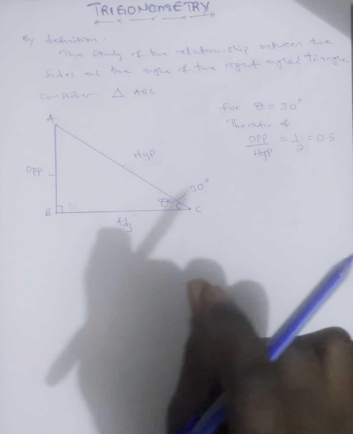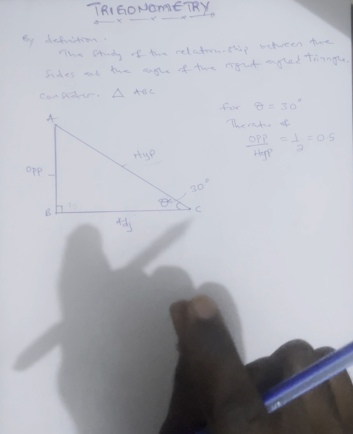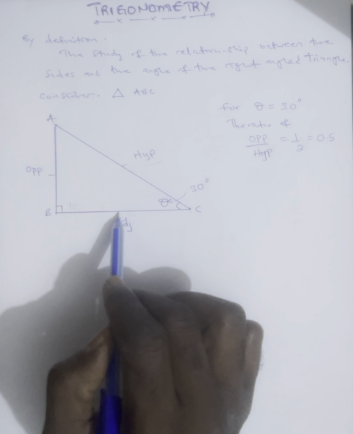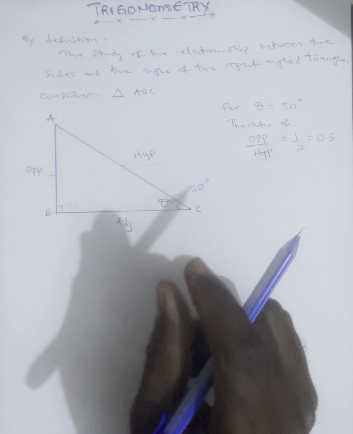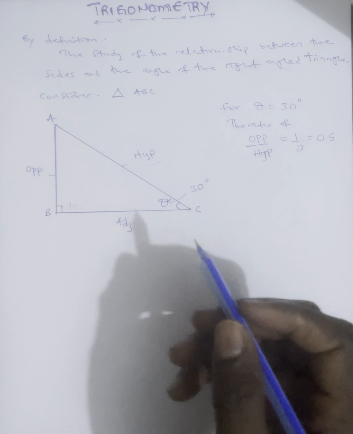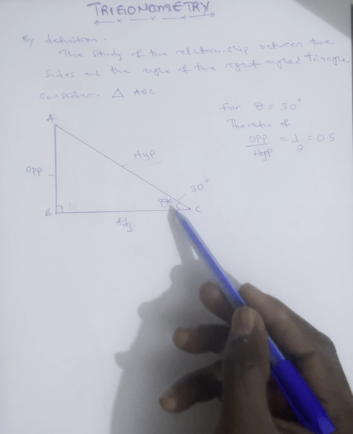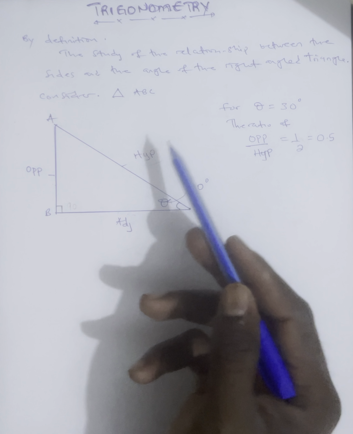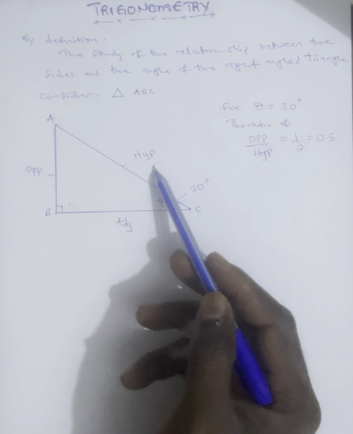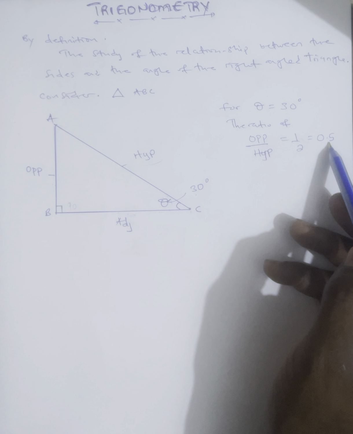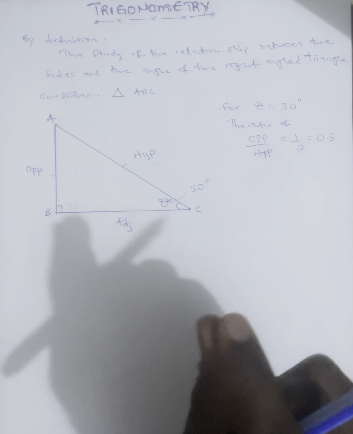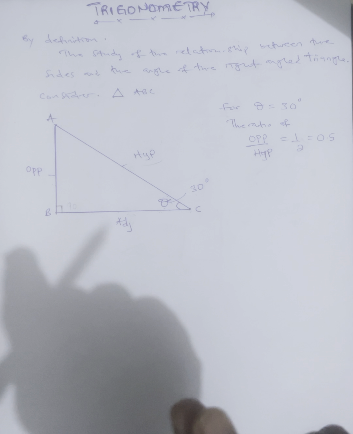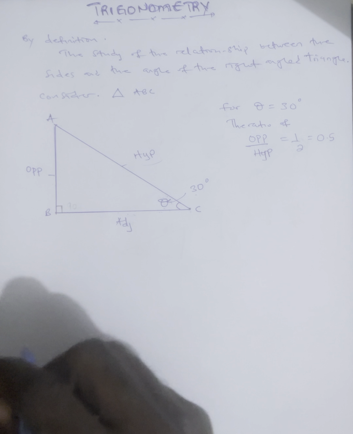This ratio remain constant for whatever the size of the triangle. If the triangle is bigger than the one I draw here, or is small as the one you will draw in your textbook, but if you measure the angle and it became 30, when you measure the length of the opposite and the length of the hypotenuse and you take the ratio of the opposite of hypotenuse, you will have 0.5. So the ratio remain constant for a specific angle for whatever the triangle, whereby if that triangle is big,